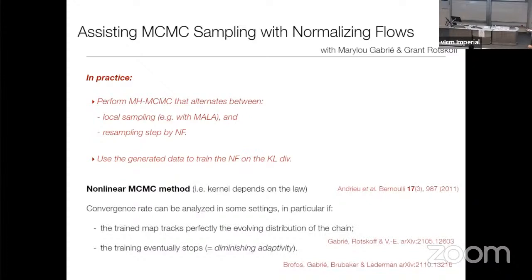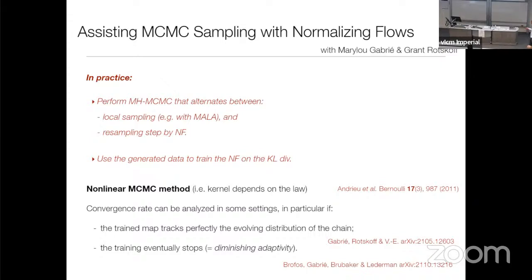Before I show examples, I'm not going to discuss this in detail. You can analyze the convergence of these methods under specialized conditions. They are typically hard to analyze because they are what's called nonlinear MCMC methods, nonlinear in the sense of McKean, in the sense that these are methods where the transition probability depends on the law of the process. But there are methods to analyze this, and in certain cases you can actually show convergence of the method, though it's much harder to show a convergence rate. So you can prove convergence, and we know that it will accelerate, but by which factor, that's more complicated to establish.